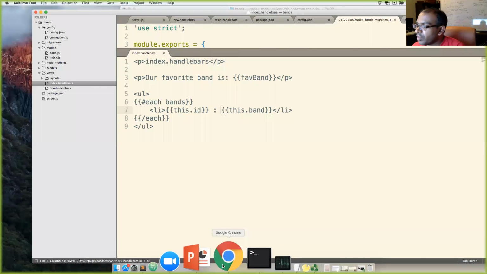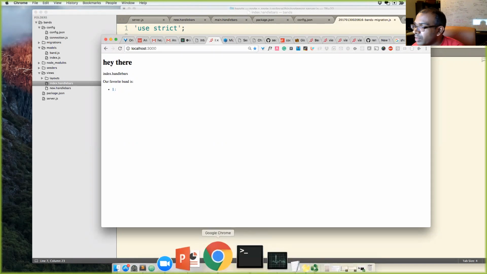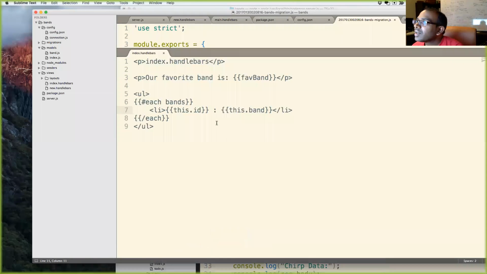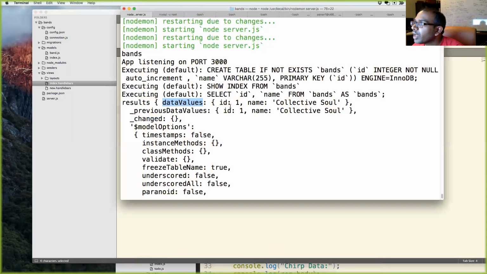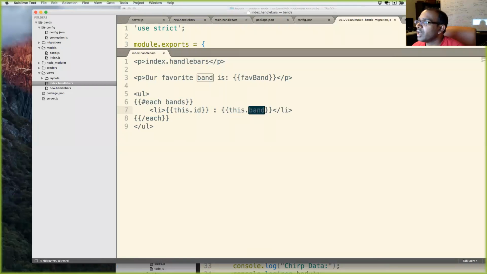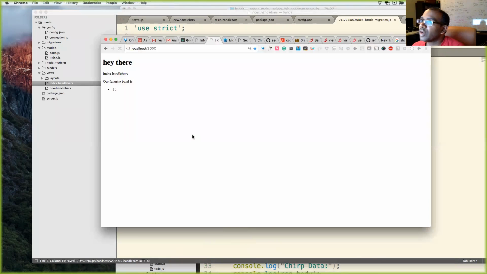And if I run this in the browser, 1:band, and that does not work. So let me take a look at the terminal again. It was name. And let me change this to name. And go back over here, refresh, and collective soul. And there we go. We got collective soul onto the page.